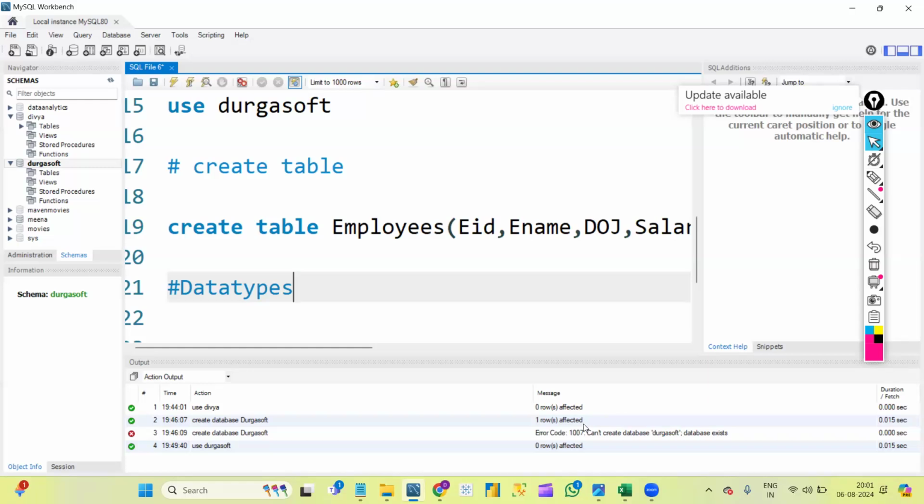But here we won't do it like that, and we won't explain each and every concept by using basic tables, basic data like employee details or department tables. I will use a Netflix database here, and depending on that,